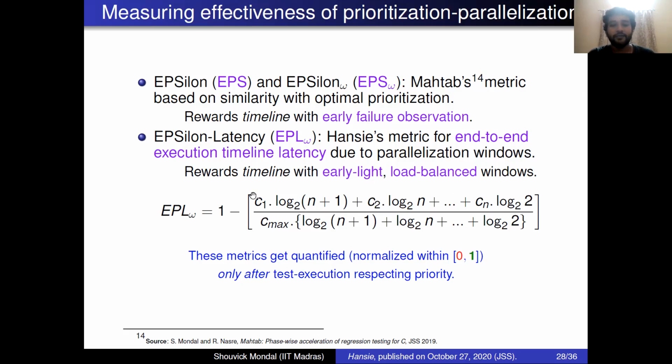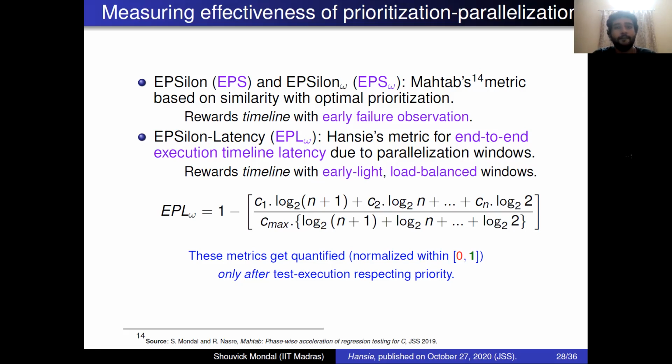So if a heavy window appears early in the timeline, that just worsens things. We won't mind if a highly loaded window appears at the last. So actually, this says that we want the window executed early to be the one with a light workload. So this captures whether the parallelization is effective or not in terms of end-to-end load factors, whether the load